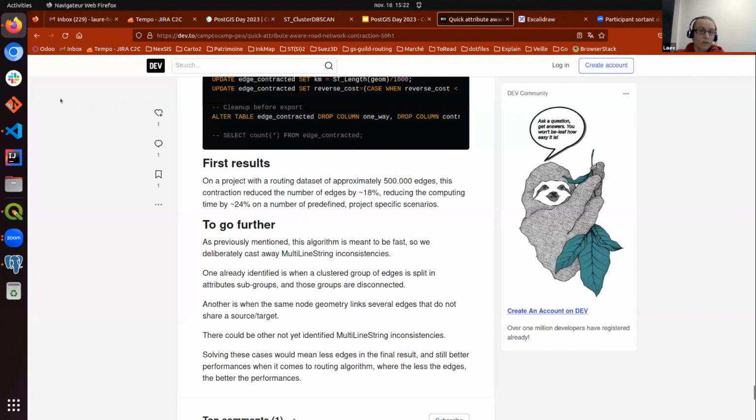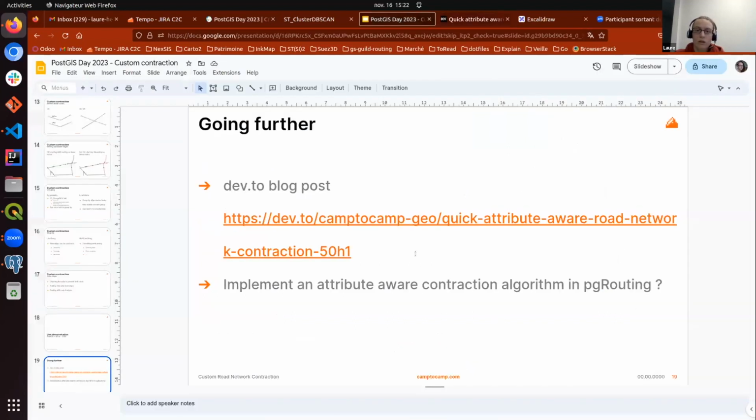And going further, we would like to evict as few candidate edges as possible. We are still working on this. And if we have the time, we would like to contribute in some way to the pgRouting toolbox, because we thought it was really missing that the only contraction available wouldn't take into account the attributes.